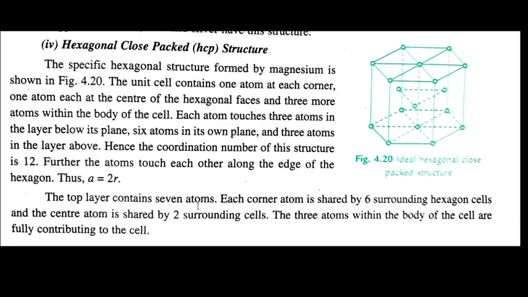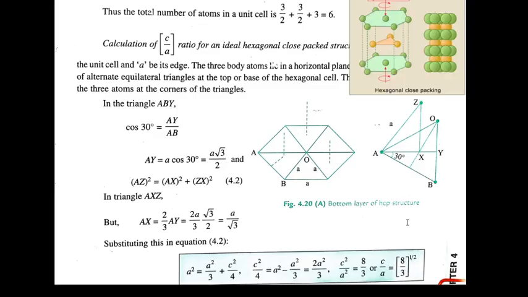The top layer contains 7 atoms. Each corner atom is shared by 6 surrounding hexagonal cells, and the central atom is shared by 2 surrounding cells, and there are 3 atoms within the body of the cell. So with this logic, the total number of atoms will be 3/2 plus 3/2 plus 3, that is equal to 6. Okay, and now I need to calculate the